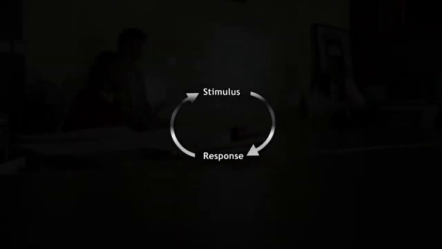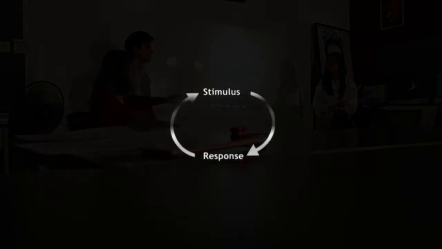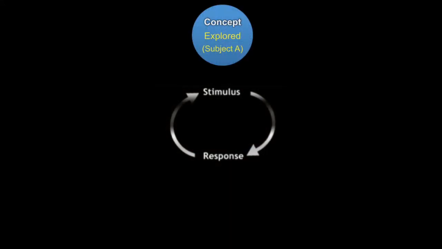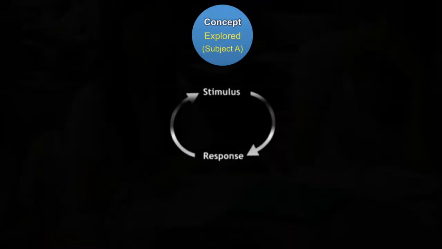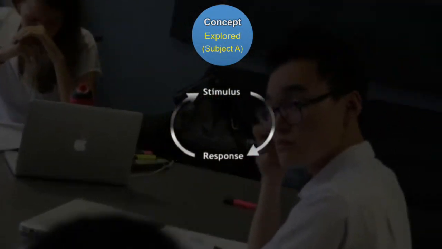Essentially, through a simple stimulus-response cycle between two subject disciplines, here, literature and film, but I'd like to suggest that this is a model that could be applied anywhere in the DP. 1. A concept is explored in Subject A. Here, the literature students develop their concept for different ideological lenses on Lear through a Harkness cycle.